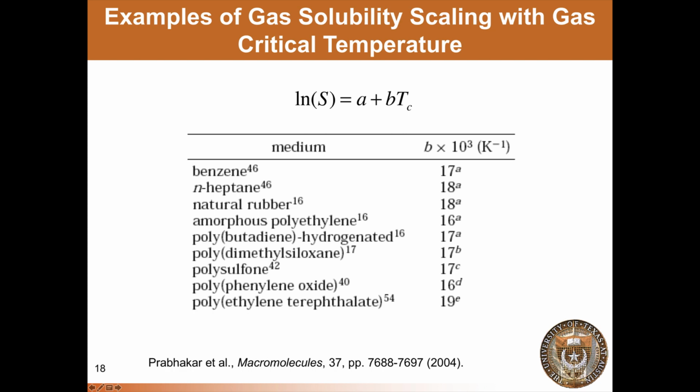And so these are B values from solubility correlations for liquids, rubbery materials, as well as rigid glassy polymers. And you can see that the B value varies very little over the entire range of materials. And that turns out to be an enormously useful fact, because it allows you, once you know the solubility of one gas in a material, to more or less predict what the solubility is going to be